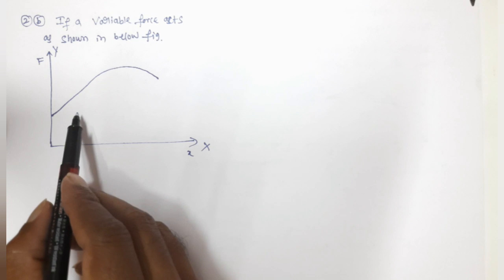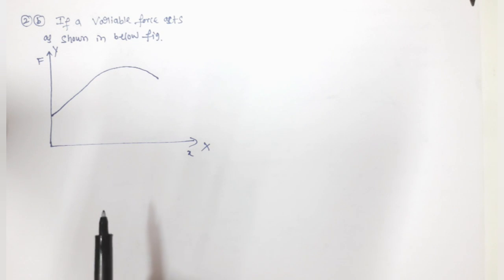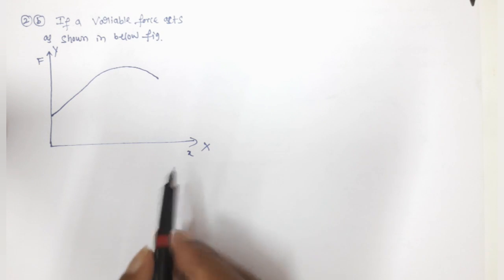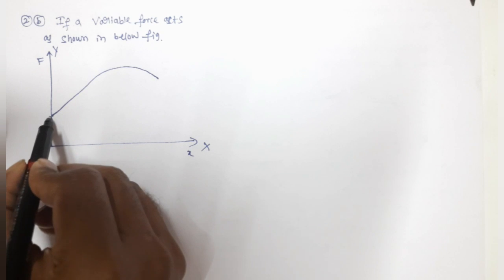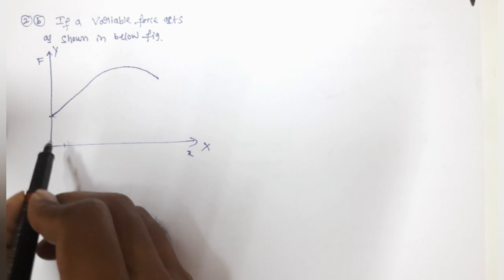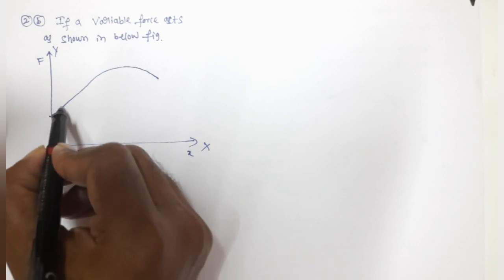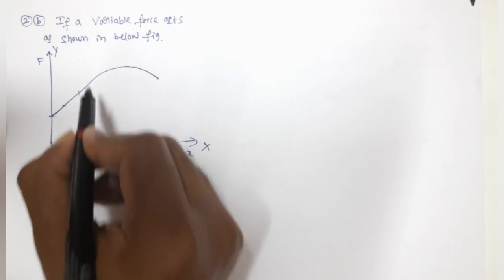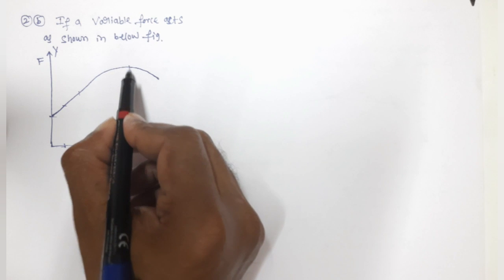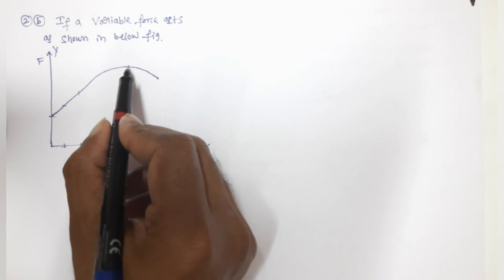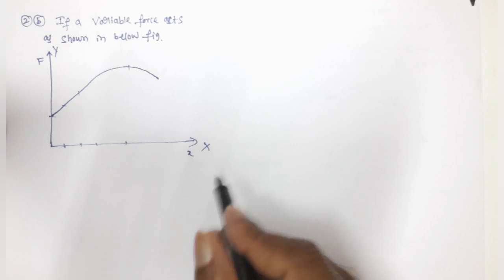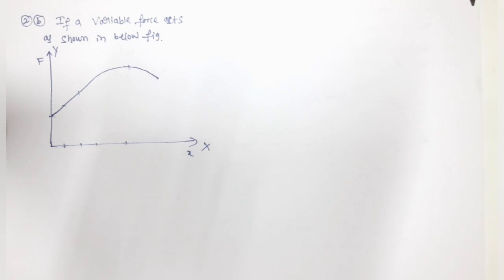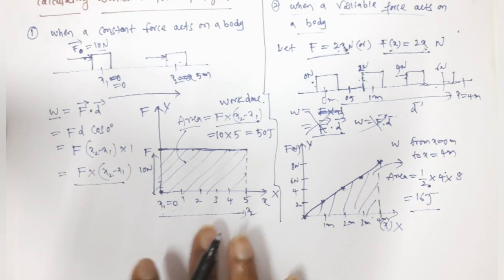In this case, now I want to find work done. Force is not constant, right? When x value is 0, force value is this much. When x value is increasing, initially the force is increasing like this, and so on. Up to a certain displacement, force is increasing and after that it decreases again. Now can we use the formula here? Force equal to, can we use the formula here?